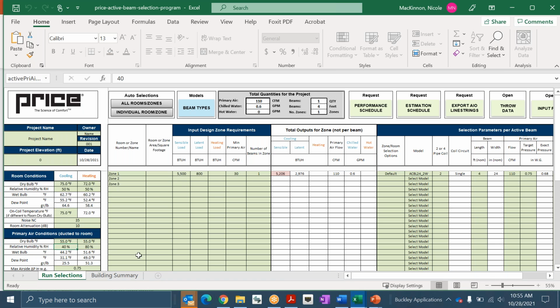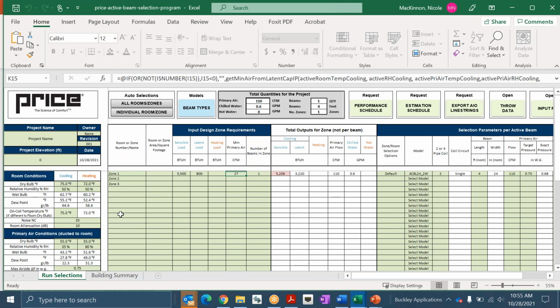So 40%, I'm getting closer, but that's an incredibly low percentage or very dry air coming in. So 26 is what I was looking for. I'm at 27. The problem is my dew point on that air handler is 27.8. So I don't think that's actually achievable. That's lower than what would be possible. So what that tells me is with these given conditions, 800 BTUs latent, I cannot get to minimum ventilation in